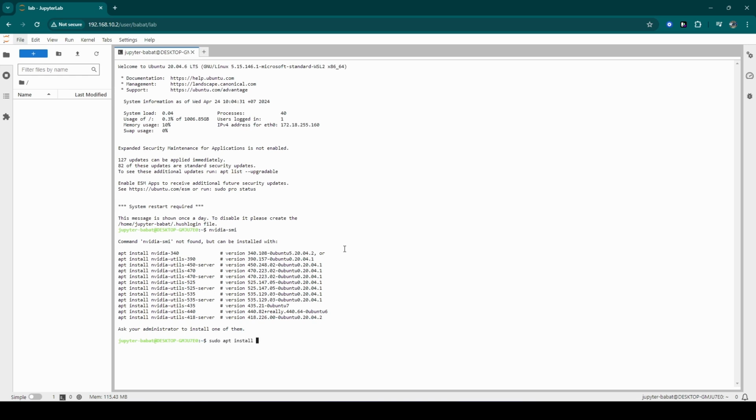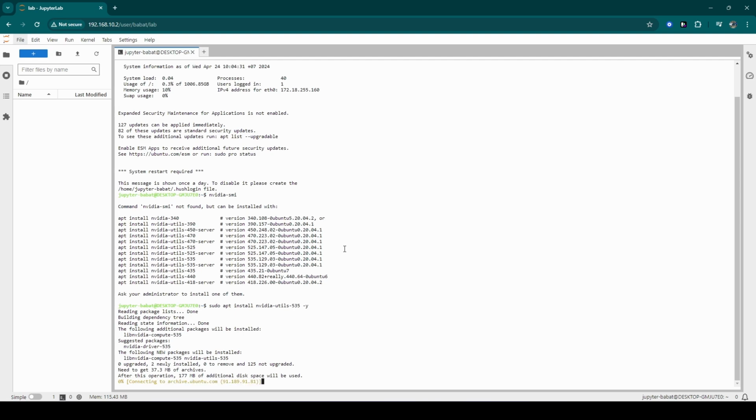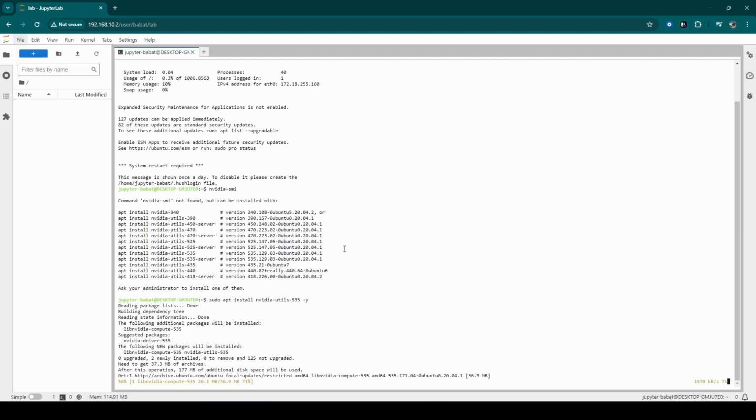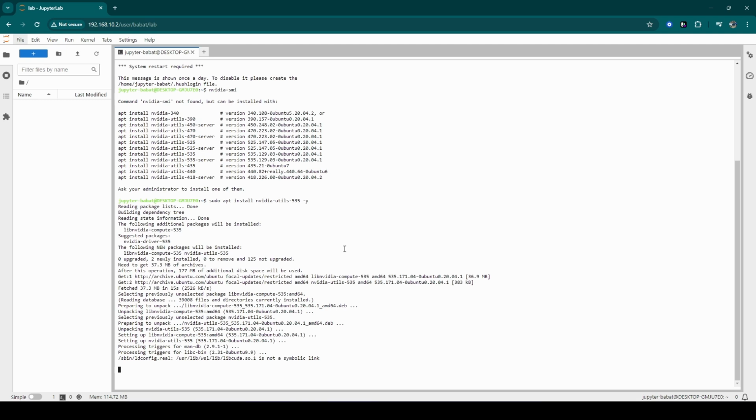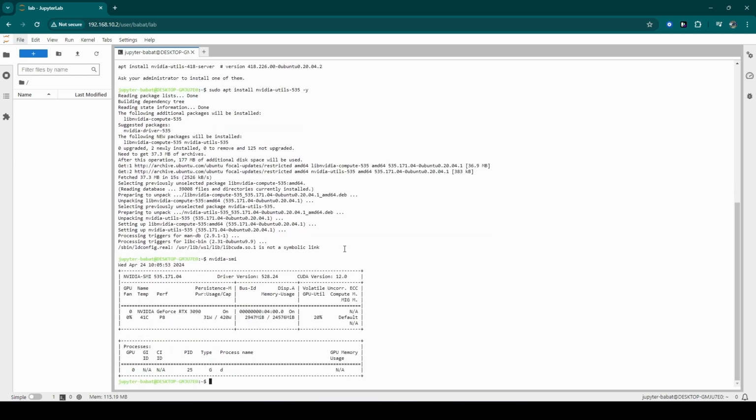Sudo apt install nvidia-utils with -y and hit enter. And then we check this GPU. Now we have the GPU in our JupyterHub.